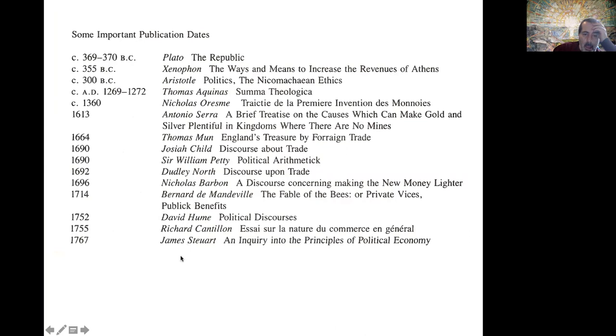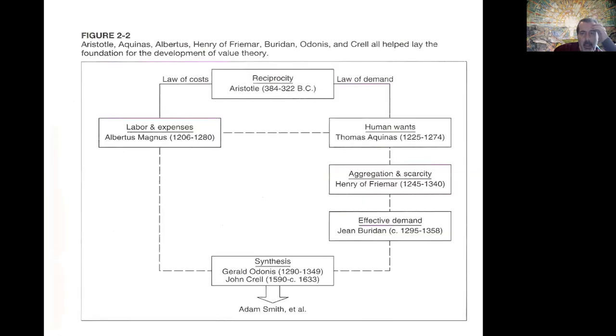And Cantillon, an Irish guy who lived and died in France. So he wrote in French. And this is also an important economist, and James Stewart, one of the most important economists who actually developed political economy. Anyway,